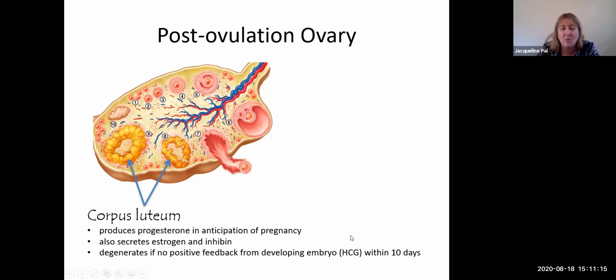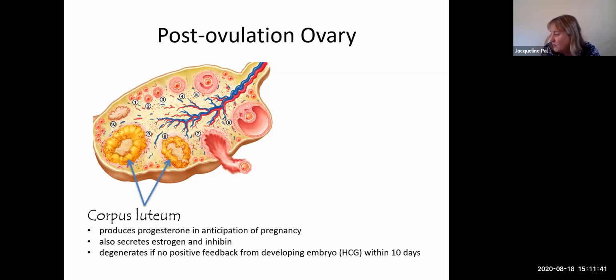I'll talk about it a little bit more later. And this will give positive feedback for the corpus luteum to continue and make even more. What happens is this corpus luteum actually gets 2 to 3 times larger than the size of the pre-ovulation ovary. It's huge in size, even without getting pregnant, and then it just gets super huge if you are